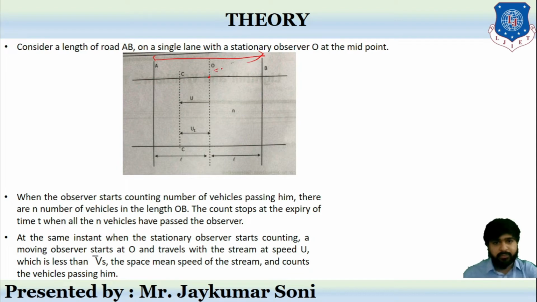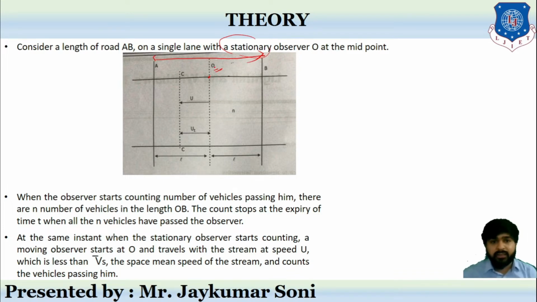So you can see. Now when this particular observer starts counting the number of vehicles passing him, in this direction or in this direction, he is standing over here. He is stationary because his position is fixed. Now when this observer starts counting the number of vehicles passing this point,